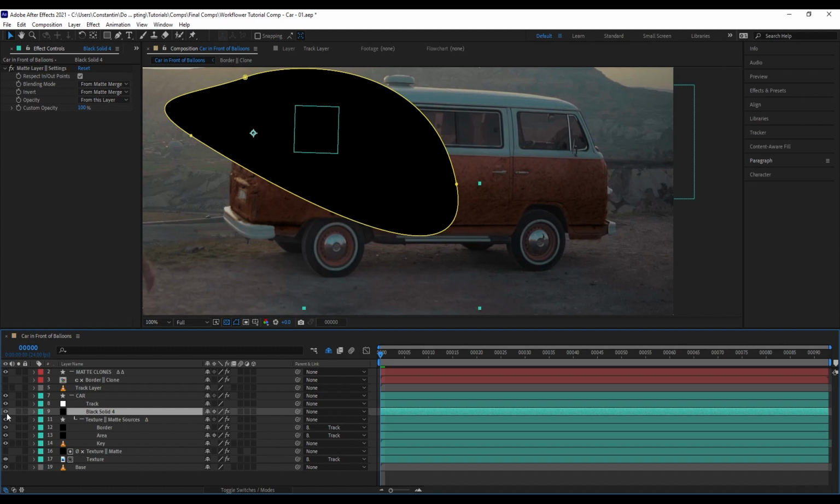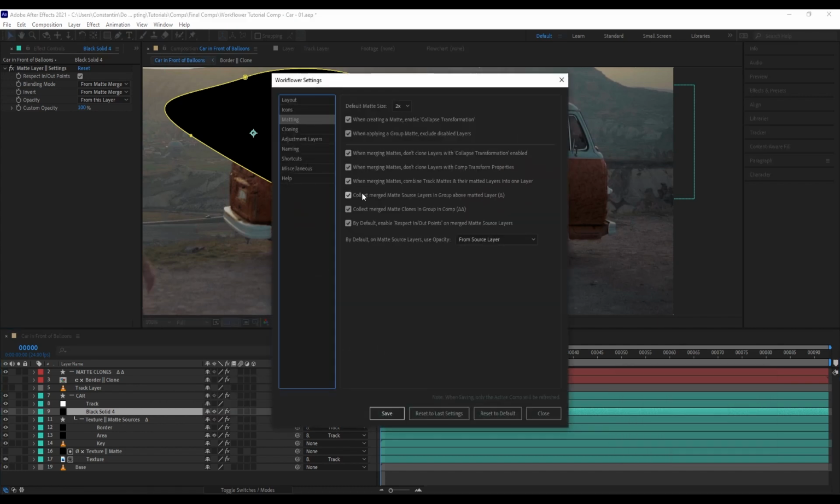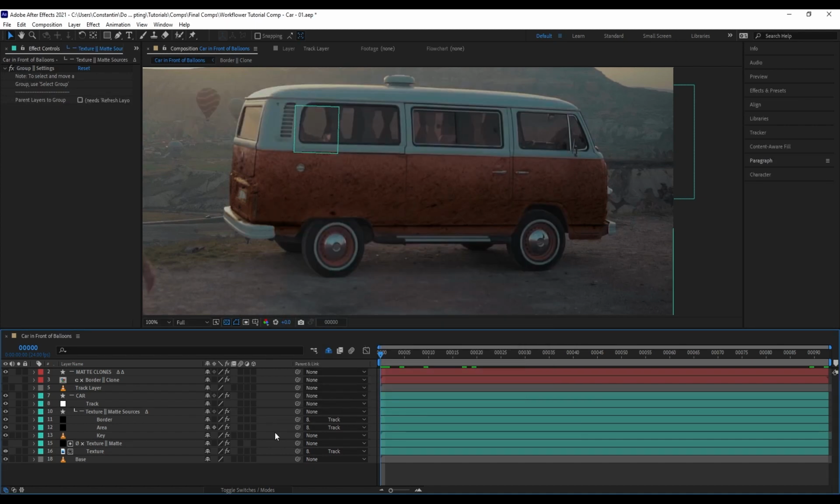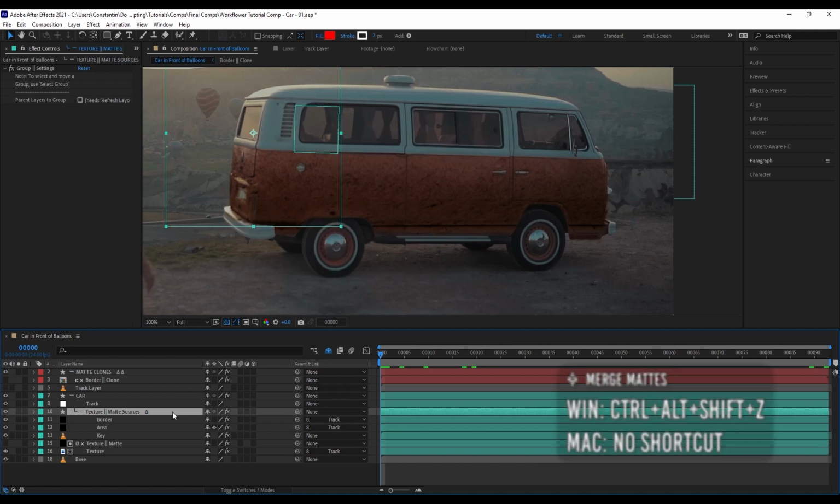If you don't like the whole concept of mud merge collection groups and all of that stuff, you can come up to the settings, go to matting, and uncheck collect merged mud source layers and group above mudded layer. You can also convert your groups. So let's say you have a group and you don't want this to be a mud collection group anymore, then you can just select it and execute merge mats on it. And that way you see we have now lost this icon here and turned it into a regular group. And the same goes if you just do that again and you get this icon again